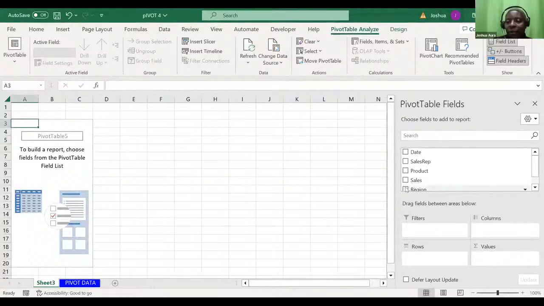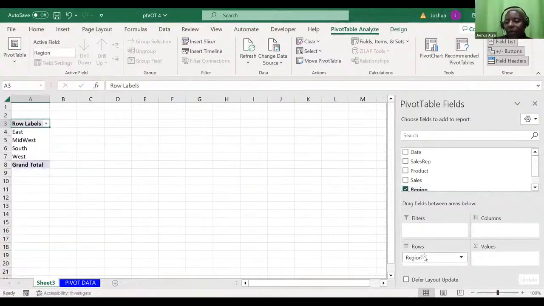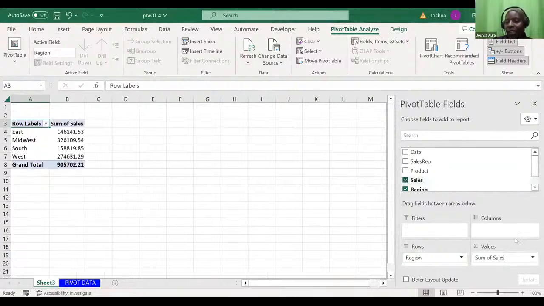At times, if you check this box, you click on it, it takes you directly to rows, right? Sales, it will send sales as a value. If you tick like that, it'll take you there. But in most cases, they would want you to do what here? To drag down. I'll tell you why they want you to drag down, right?